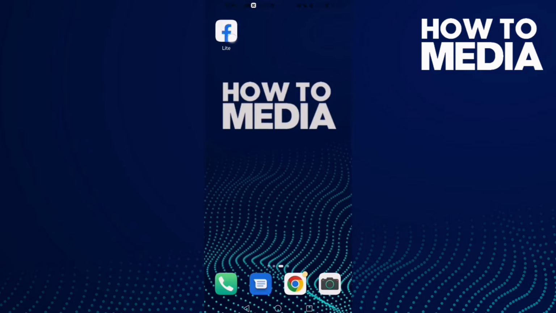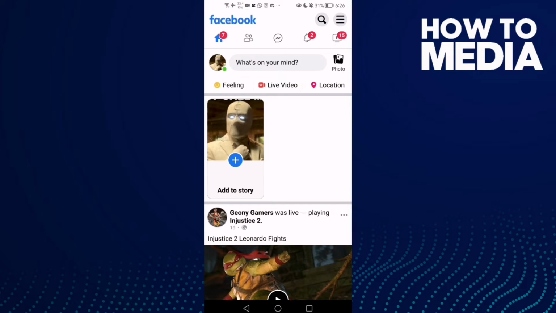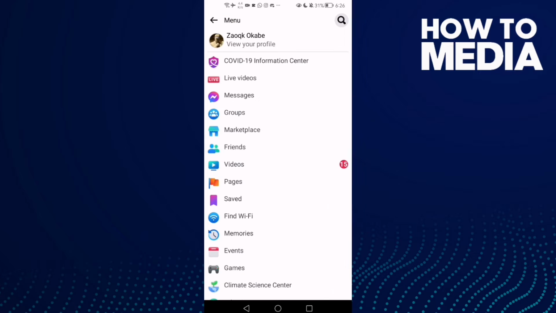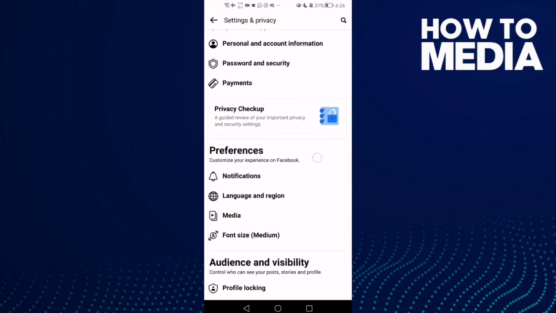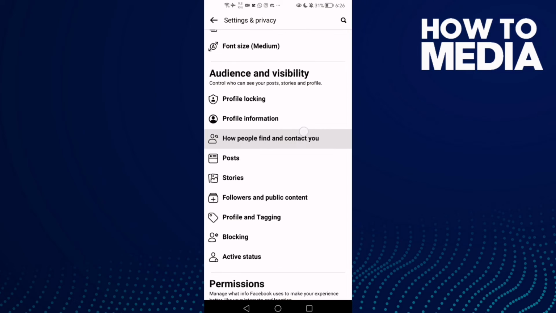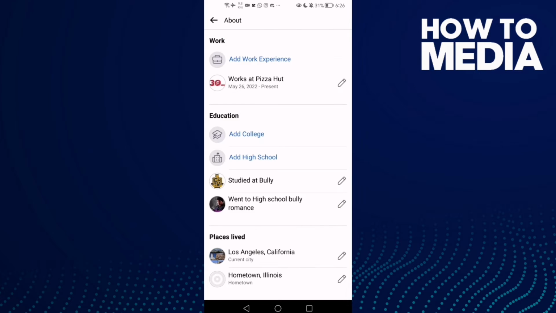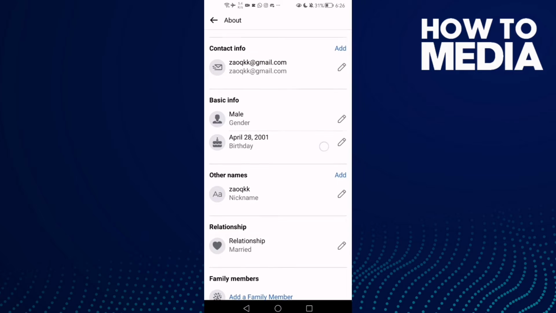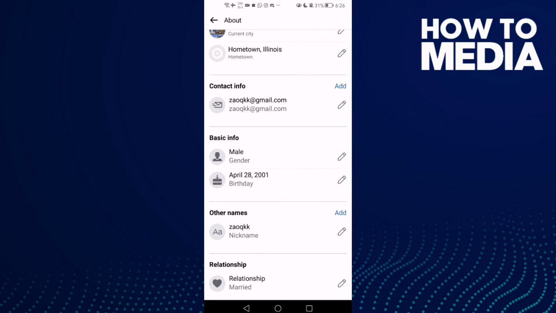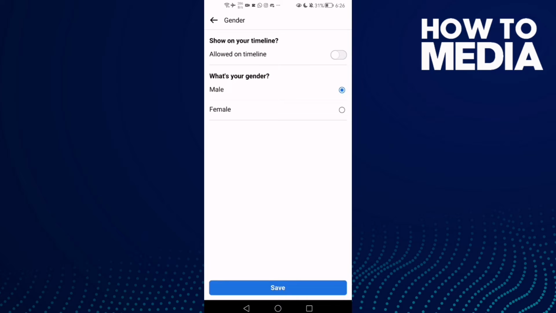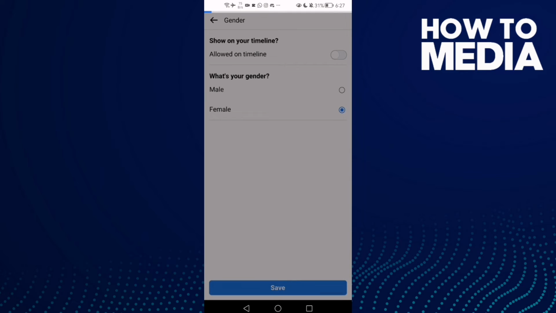First thing, go to Facebook Lite and here just click these three lines in the top corner and go down until you find settings, and here click profile information and go down until you find this one, gender, and click this pin here. And if you want to change it to female, just click on female and click save,